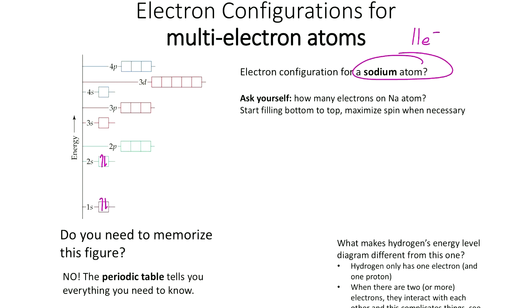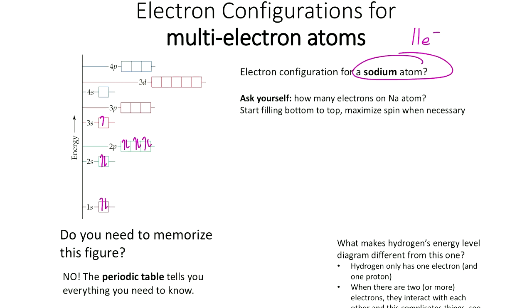Where do they go next? 2p. So the first electron goes here, and I want to maximize spin before I start filling up. So I'll go 1, 2, 3, and then 4, 5, 6. So I fill it up the whole way, but I still want to follow Hund's rule. All right. So I've placed 10 electrons, so the 11th electron goes right there, 3s. Okay. So that's how we filled the energy level diagram, but let's write the electron configuration.